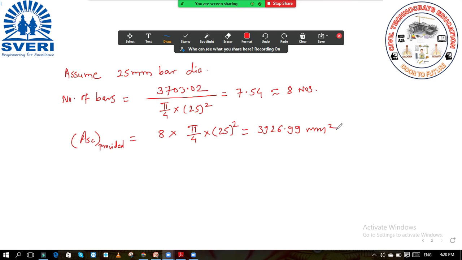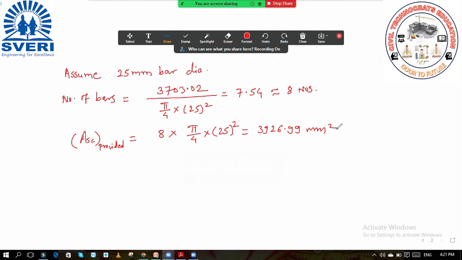In market, which diameter is the highest diameter, largest diameter? You tell me. 32 mm bar. So the maximum diameter bar will be naturally 32 mm. And if your column is such a big that 35 mm bar diameter is even though not sufficient, then you can specially give order to the company, and that company will give you the bar diameter as per your requirement.